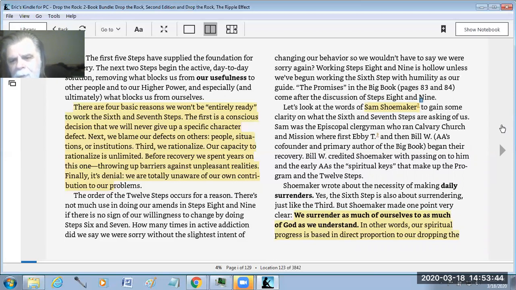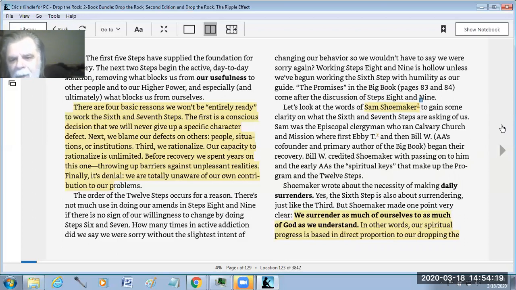Ebby was Bill's childhood friend. They actually grew up and vacationed together just about every summer. And Ebby was a worse drunk than Bill was. And Ebby one time showed up in a moment in between Bill's drunkenness where he was getting some help. And Ebby demonstrated to Bill that, in fact, there was a power greater than ourselves. And Ebby demonstrated to Bill that we don't have to believe in a specific definition about who God is and what he does in our lives, but we have to have a God of our understanding, perhaps.